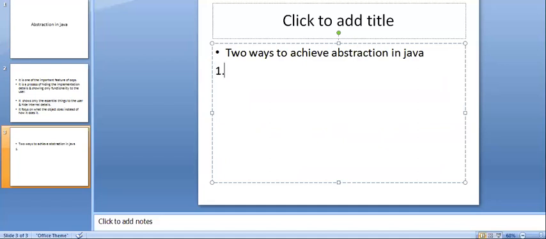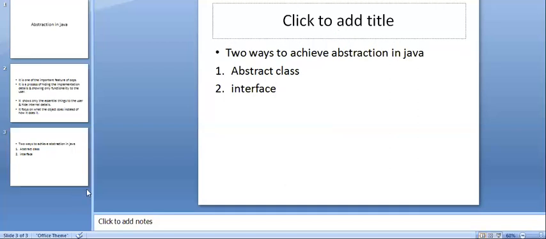First one, with the help of abstract class. Second one, with the help of interface.